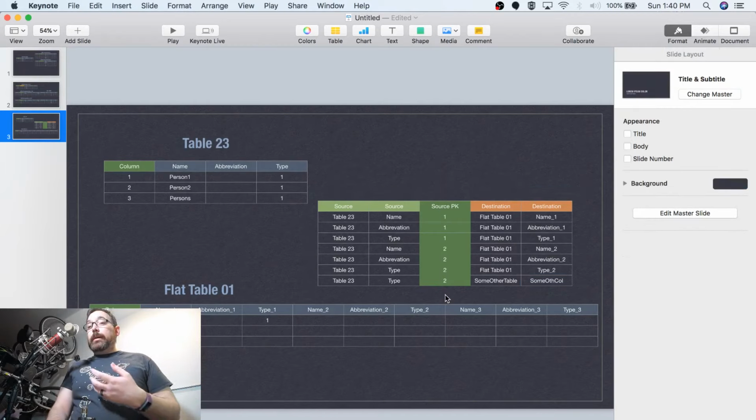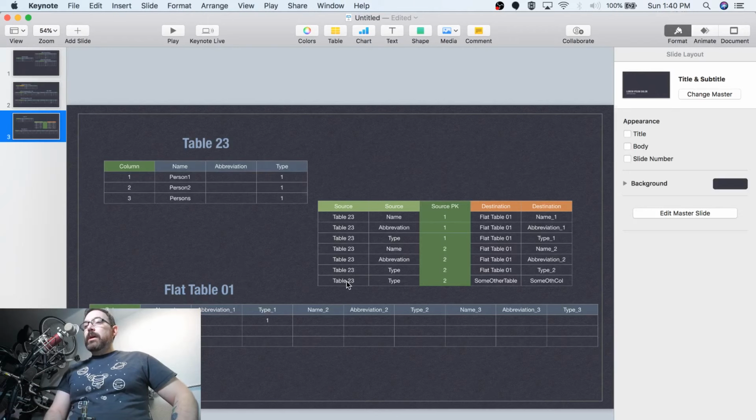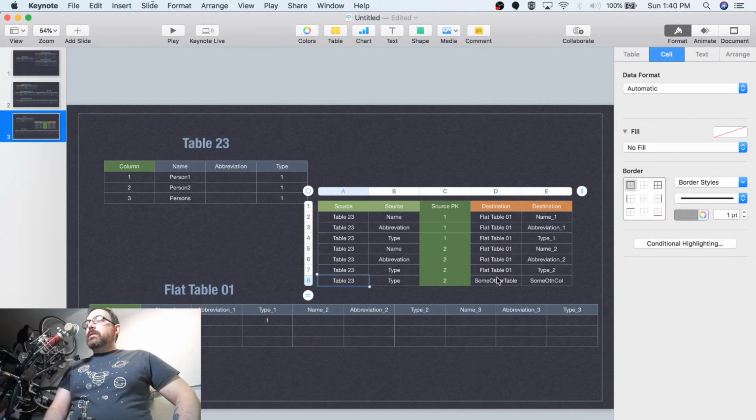Data is grouped by subject areas. The business doesn't mean anything. The data is still the same. It's just how you organize it. So this could work